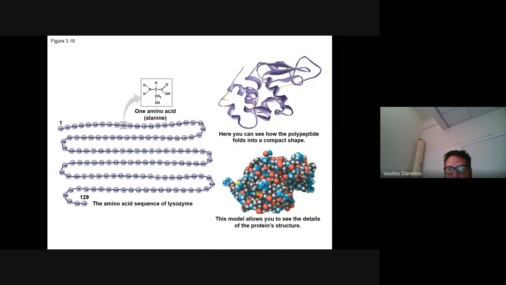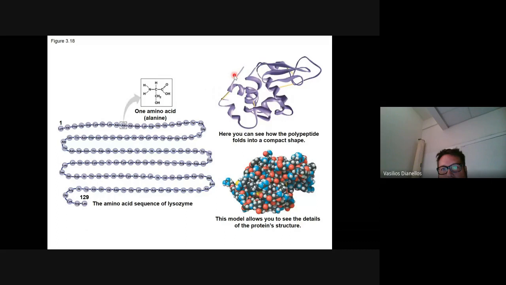Again, another example. This is everything I've said, but in a picture. Here on the left, we have ourselves a polypeptide. It looks like it's folded, but it's not. The artist just put it that way so we could see it all in one picture. But it's just the amino acid sequence. It's just a polypeptide. It's not folded into its final shape. But because of all the different interactions in between those amino acids, which we can't see, they don't show them,